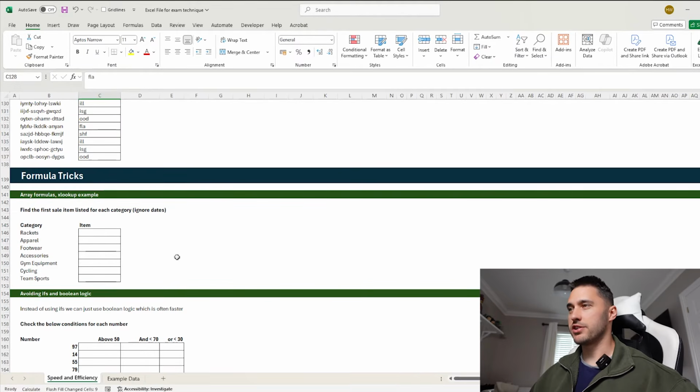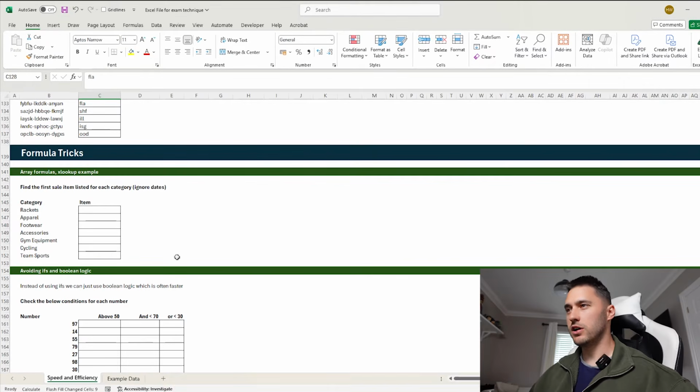Now a new section of the video is going to be formula tricks. The first one kind of goes without saying, but if you don't use array formulas, try to start doing so. Let's say we want to look up the first item sold of rackets. We could say